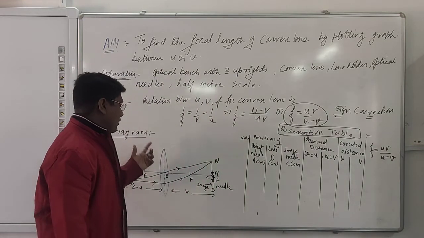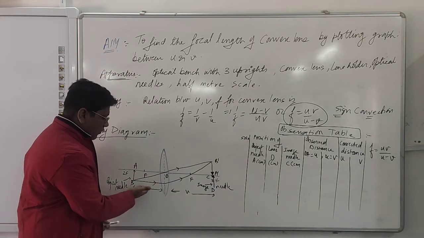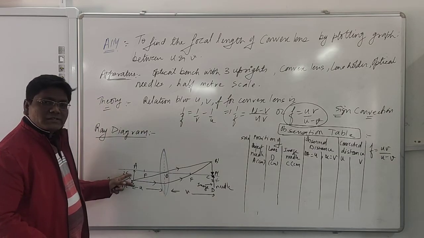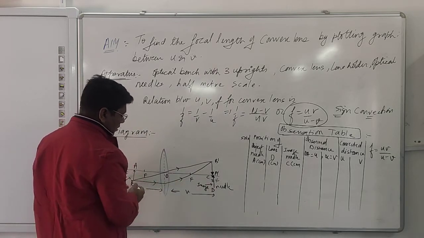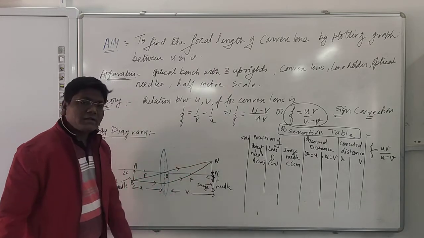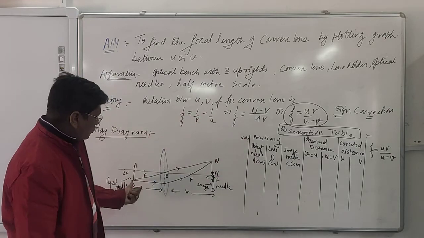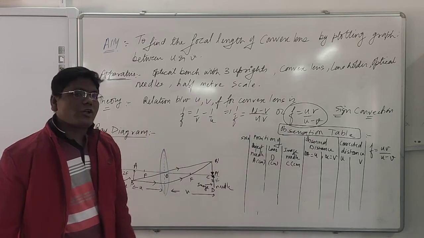Now let us see this ray diagram, dear students. Here u is formed on the left hand side. We are seeing the object distance here. I keep it on the left hand side, right? And then the image needle is here. So the inverted image is formed here. So when I apply the sign convention, the u will also be negative. You have to take the negative here. So according to that, I will calculate.